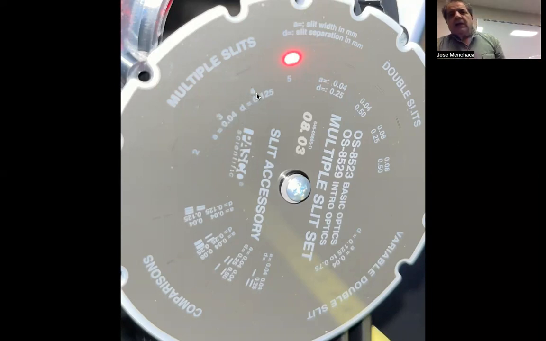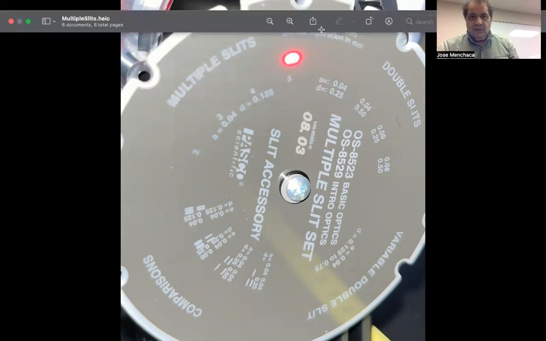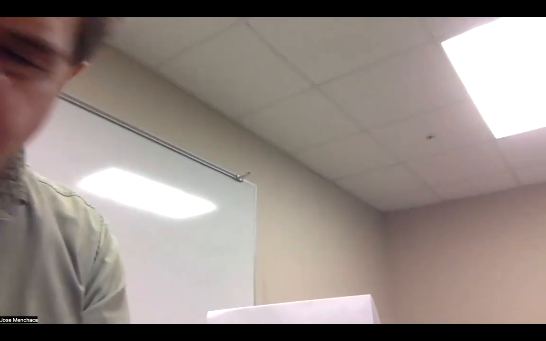Now let's stop the share and let's go to the laser. Let's see, I think it's already at 5. Let's go to 2 to see the progression. And there's 2, and you can see that there's